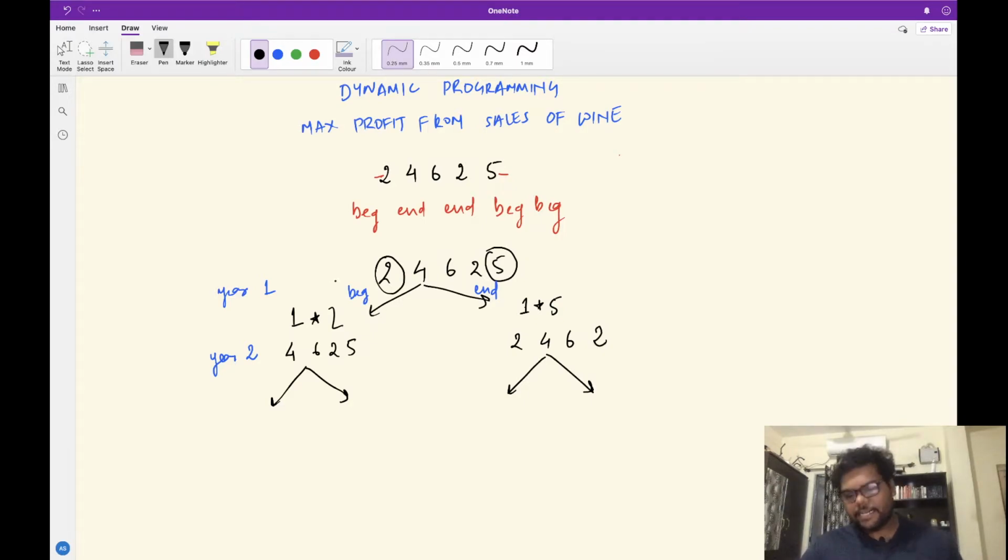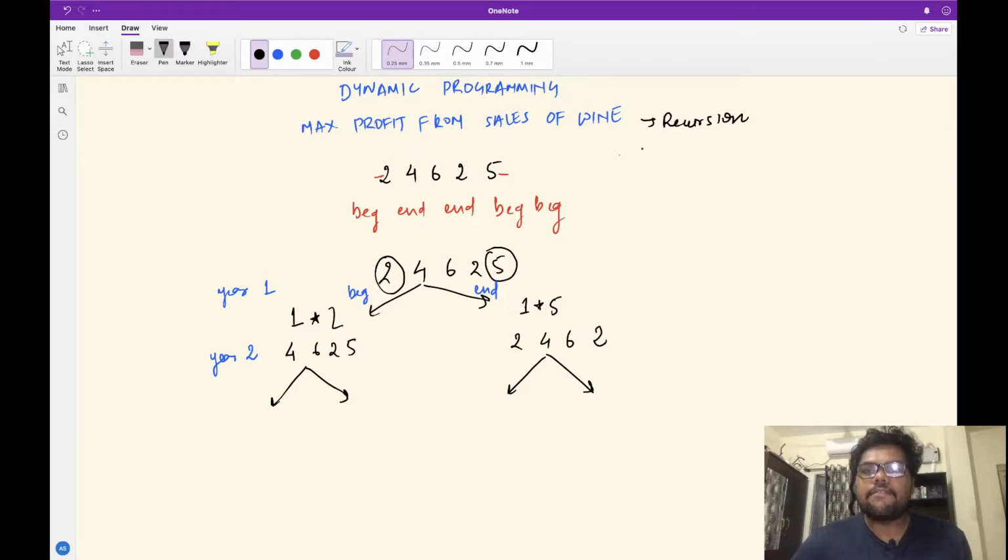So the intuition that should come to you after reading the problem statement, that it can be solved with dynamic programming, is that we have been presented with choices. Whenever any choice or ways come up, or the question is asking you to find the number of ways, or you have to maximize something depending on the way, or you have different choices, then the first thing that should come into your mind is recursion.